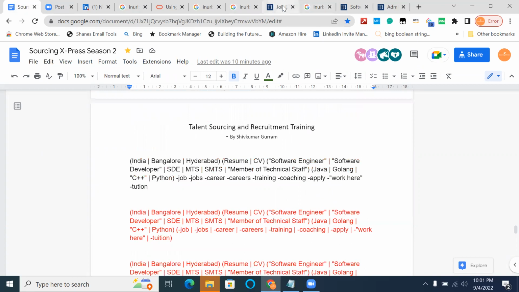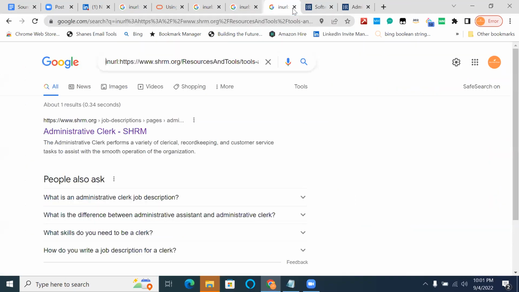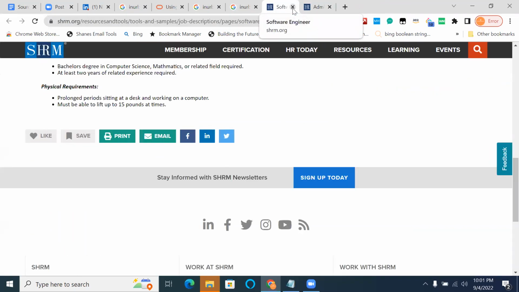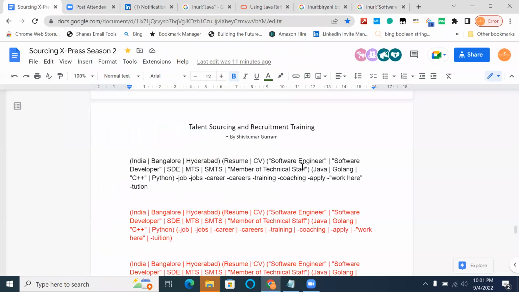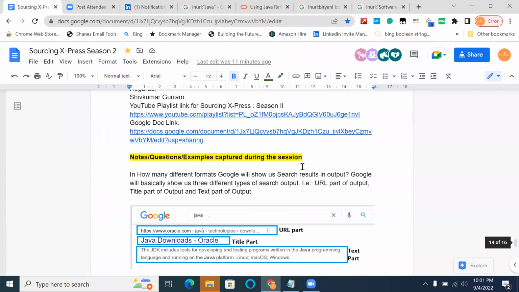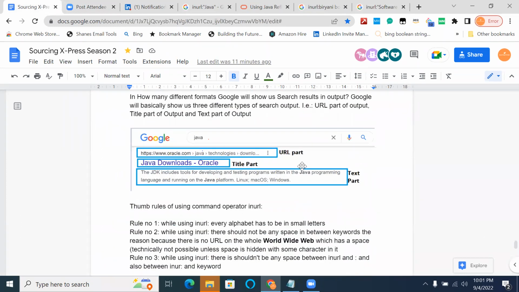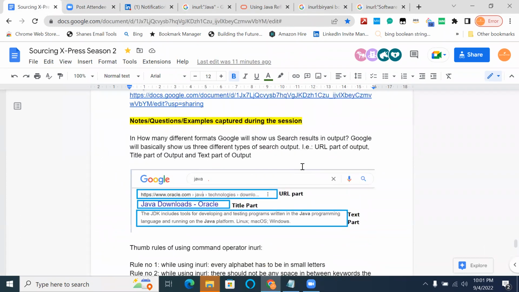All right. Now, any doubts on in URL, use cases of in URL? Slash versus hyphen, the difference between slash and hyphen, and then the various use cases of in URL, what in URL is doing, why it is so important to understand the URL part of a search result, and how we can leverage that URL part of a search result in a command operator by using in URL and then a keyword, and then the various use cases.